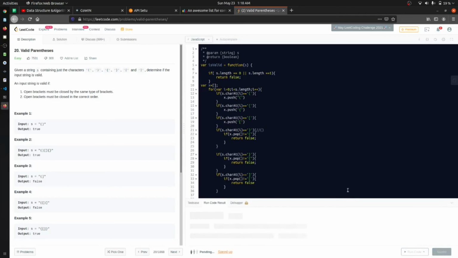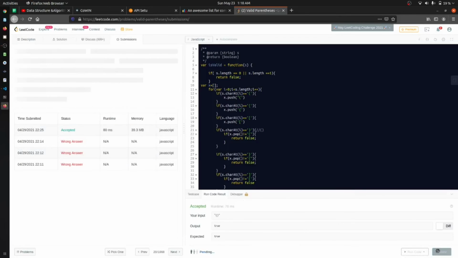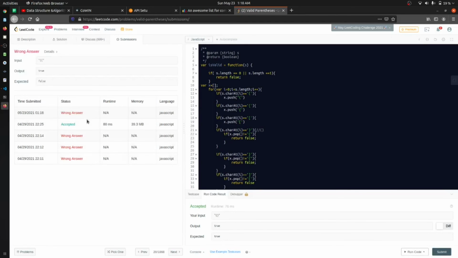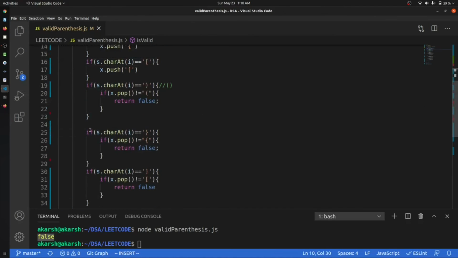I know that it will definitely have some issues, but let us submit it. We got the wrong answer, because we are getting output as true, and this output should be false because this is not valid. So what is the case?